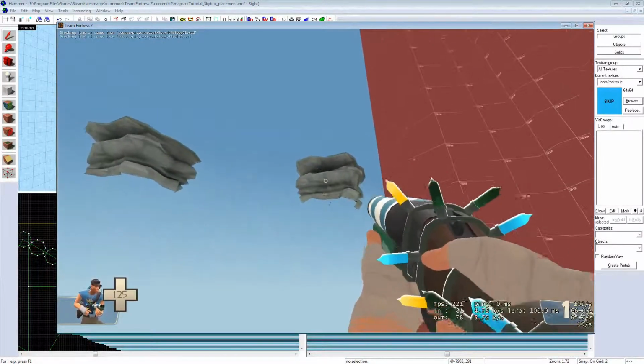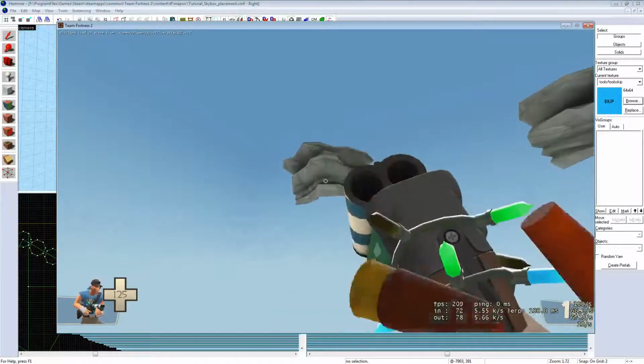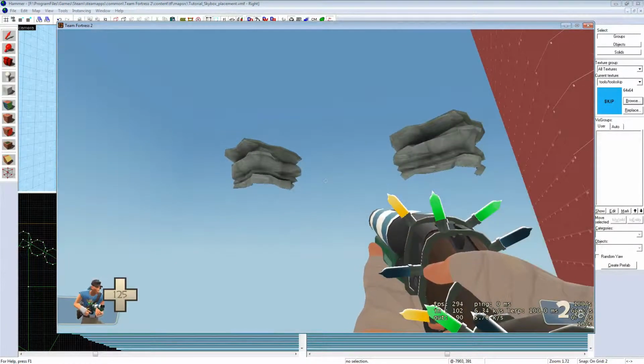So we have the prop here that's actually full scale, and then we have a prop here which is the 16th scale, and they look pretty identical. So that's